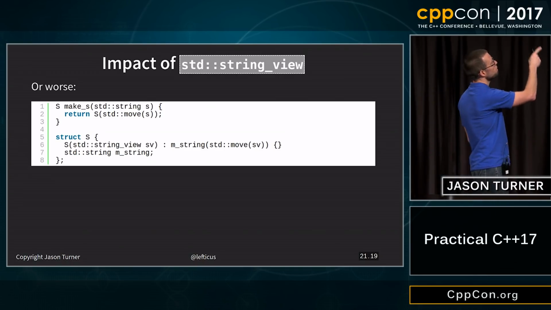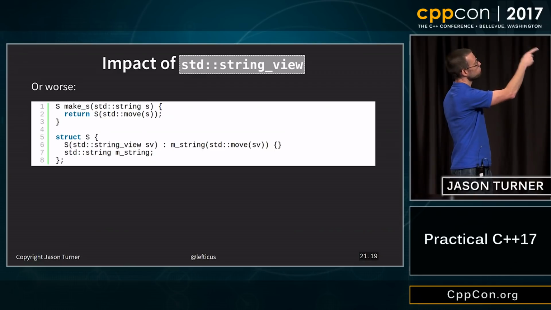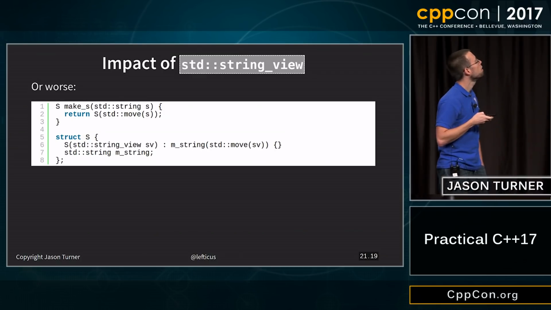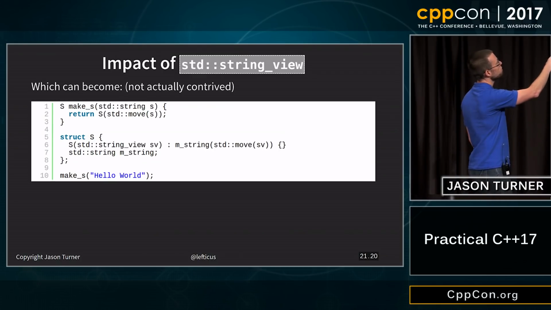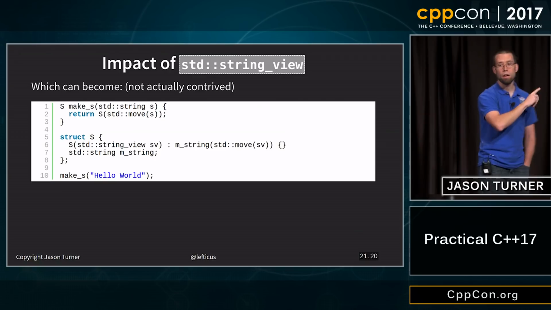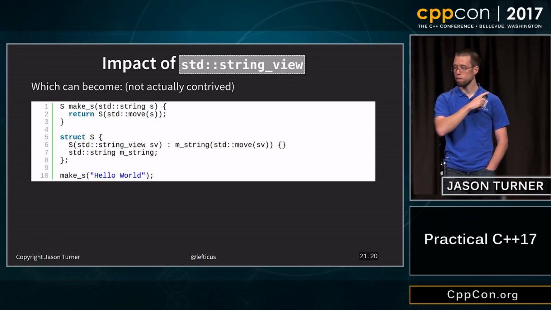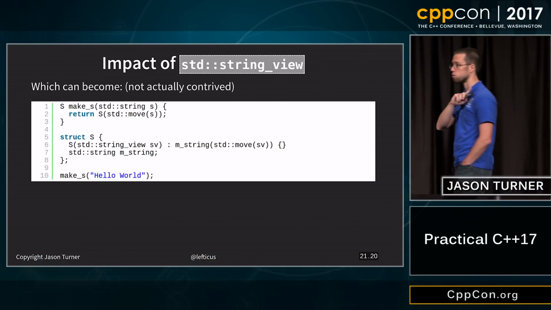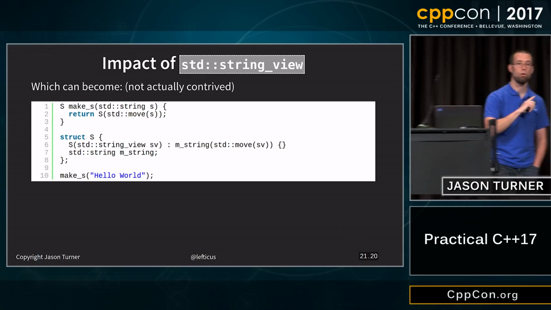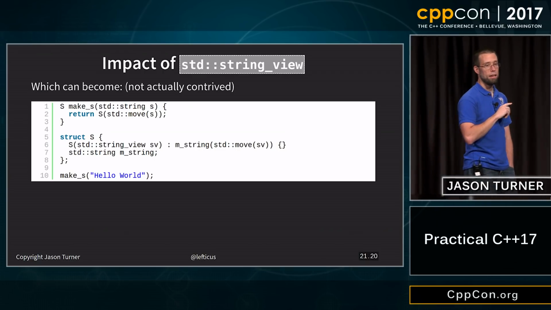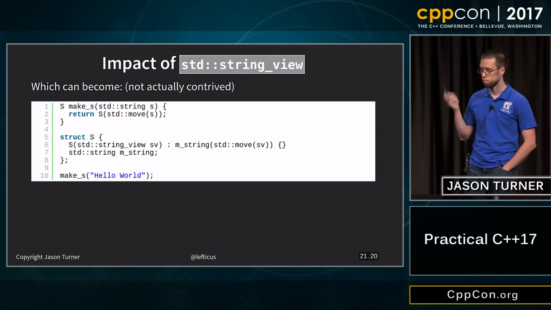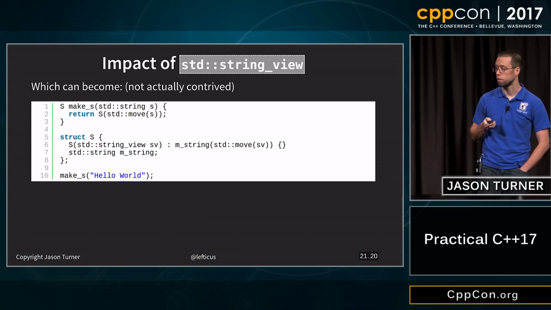So we've got this make s that we're passing a string in and moving that into the thing that's expecting the string view, and then using that to create a string from the thing. So we've gone, well, it becomes this, where we pass in a constexpr literal, which is implicitly converted to a string, which is moved into a string view, which is moved into a string. Yeah, and as I say here, not actually contrived. I was like 85% of the way done converting CppCon to using string view internally for the parser, and said, oh no, what have I done? Yes, so if you know that you're ultimately going to create a string, make the whole call chain take strings.